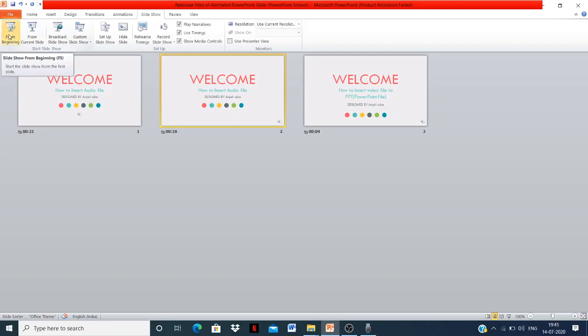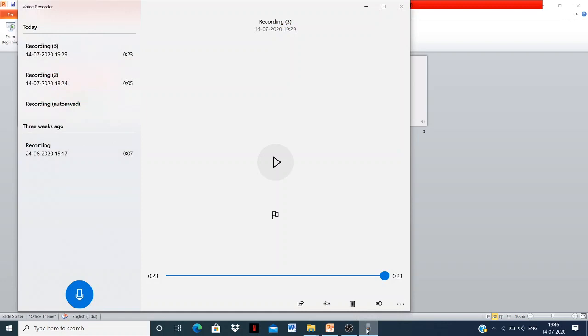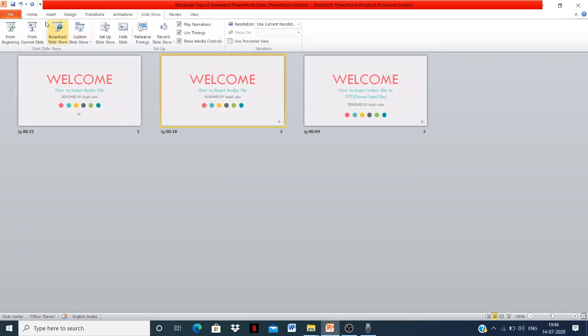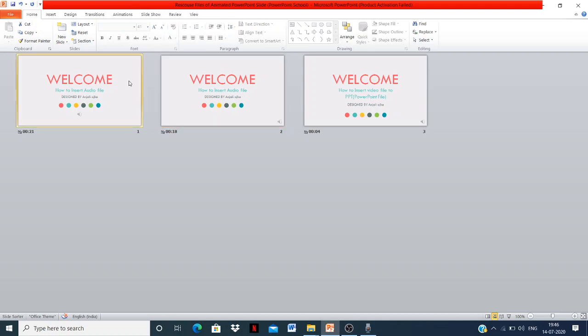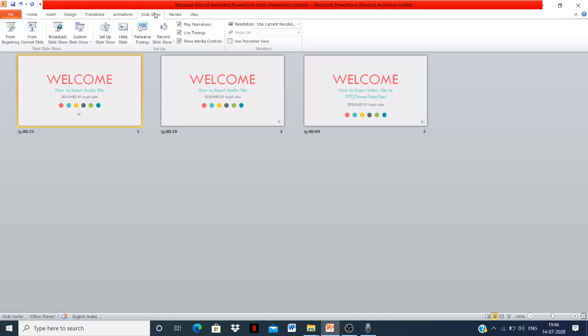Okay, I think it's clear to everyone how we can record as well as insert an audio clip into the PowerPoint slide directly. There are two ways. Again, I am recapping the things for you all. Number one, first we have to record using the voice recorder, and you can find the file location. Then you can directly insert it in any particular slide from the Insert tab. The second one is very easy, using the Slideshow button directly.